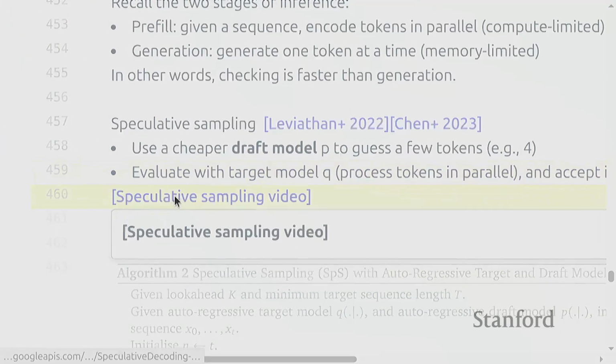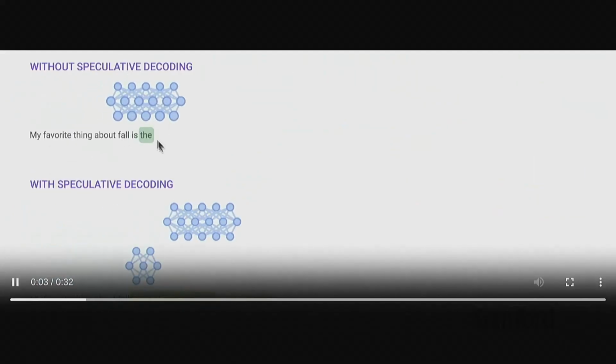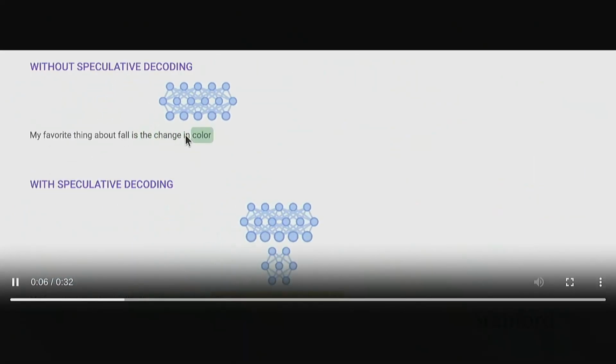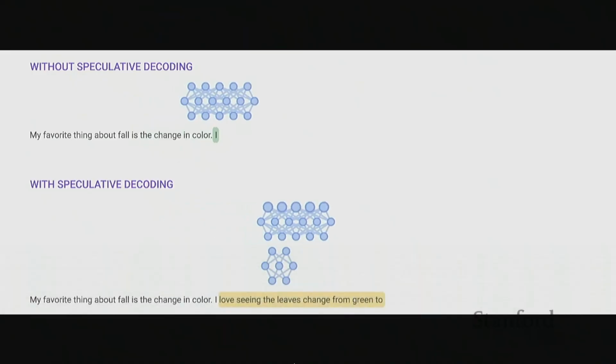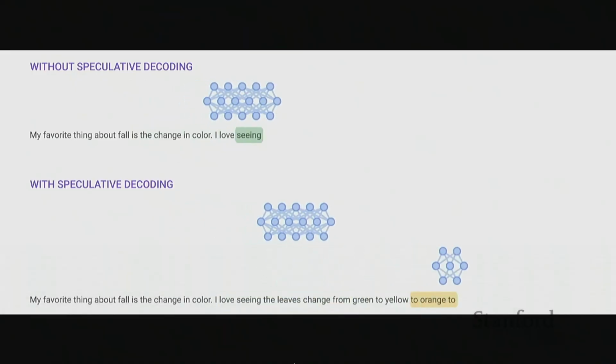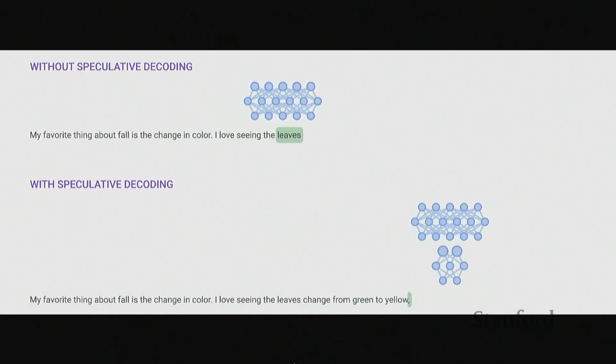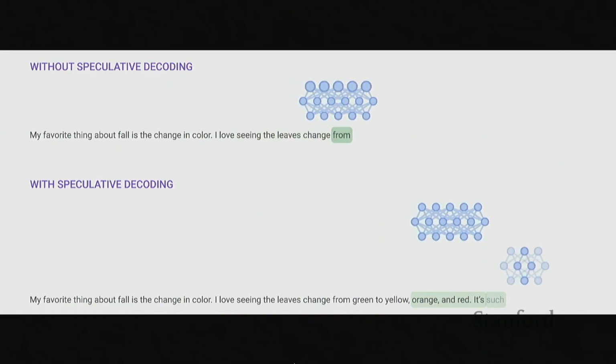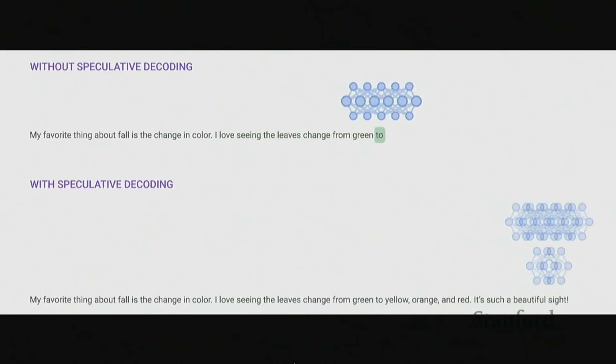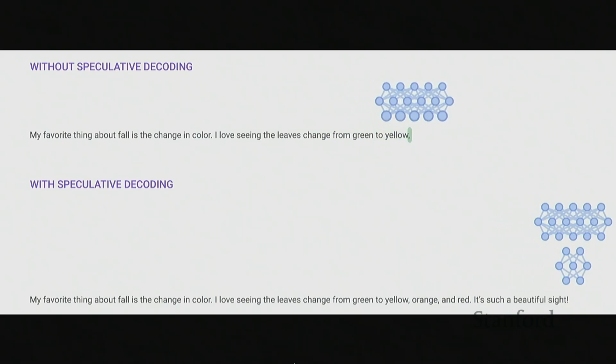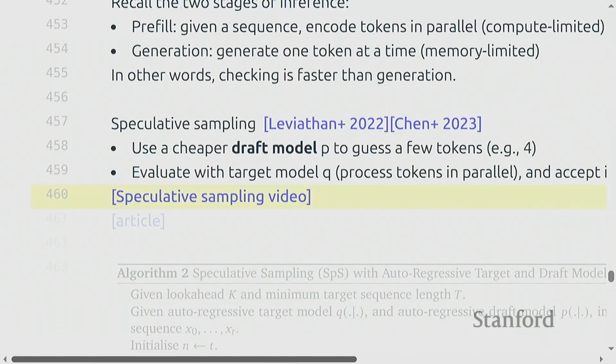So this is what it looks like in real life. If you're using a big model generating one token at a time, that's slow. But in speculative decoding, you have the draft model that's racing ahead, generating a lot of tokens, and using the big model to essentially verify. Sometimes it will reject, and sometimes it will accept, and the acceptance rate basically determines how fast of a speed up you have.